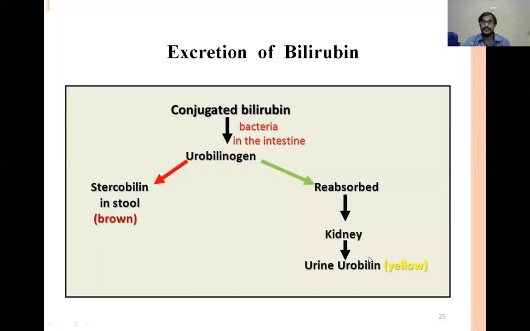and is excreted in the stools and the urine. And of course, some part is reabsorbed, but most of the urobilin is excreted in the urine, and most of the stercobilin is excreted in the stools. That's why we get the colors of the stools and the urine. So secretion and then excretion: secretion into the biliary tract and intestine, and excretion in the stools and urine.